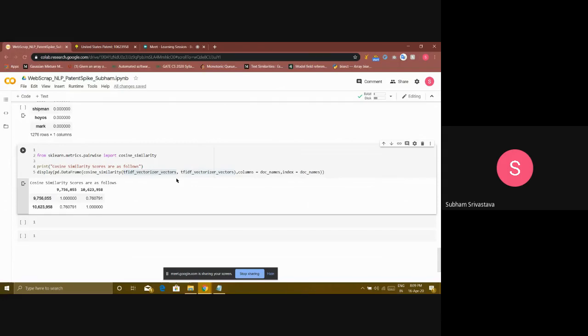Mind you, these are not cosine similarity values; these are scores. So what do you understand by 1? Of course, it means they are totally similar, which is understandable because both are the same document. In the other document, we found 0.76, and it is also trivial that this will be a symmetric matrix about the diagonal.